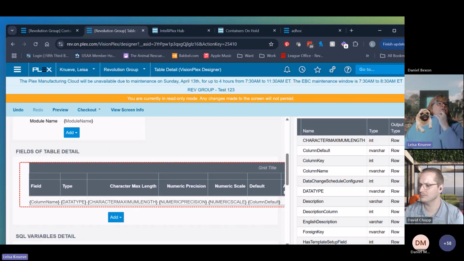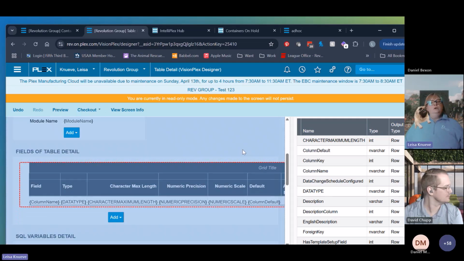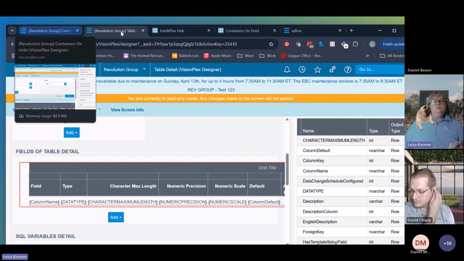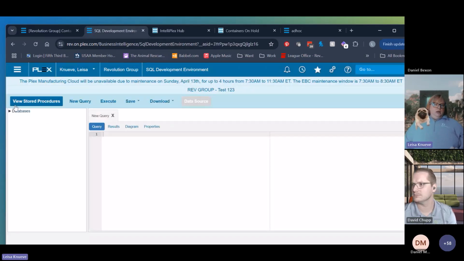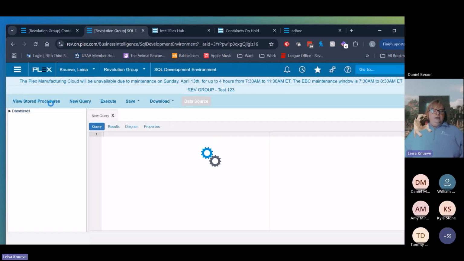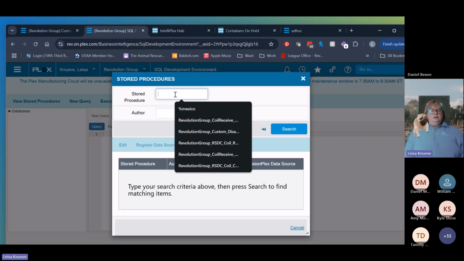Is there any way to filter a customer via a custom field value or lack of a value on a custom field? So, okay, custom fields. Let me go back to SDE. Okay, so if I had a, let me think,